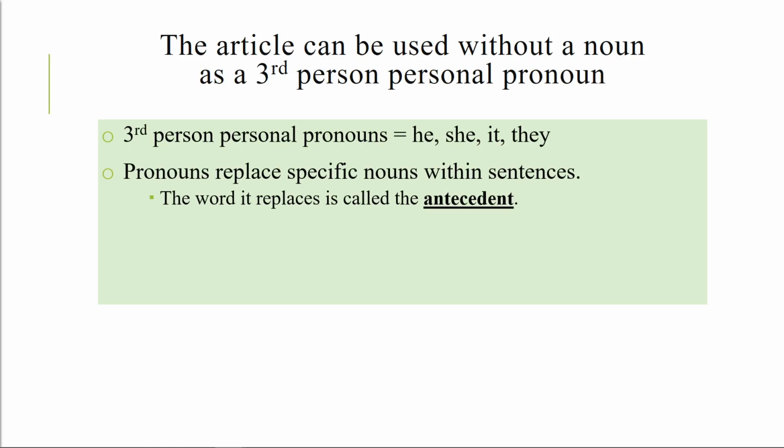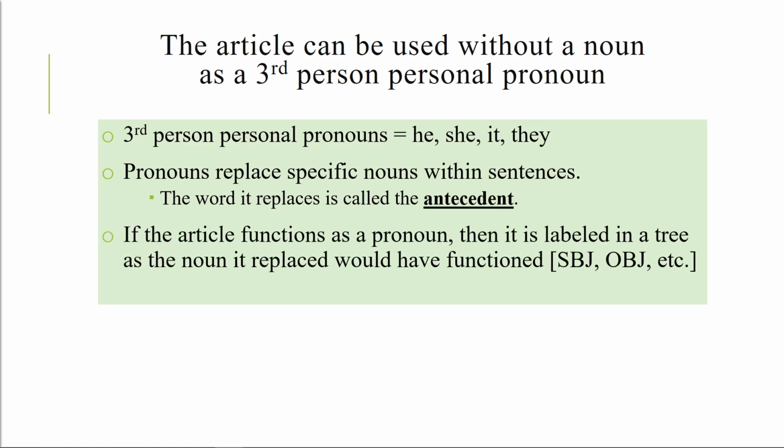So if it does that, then it's replacing some word that has an antecedent. That is, it has a specific noun somewhere in the context that it replaces. It's acting like a pronoun. So pronouns replace nouns. This man, that guy. The article can function as a pronoun, in other words. If it's functioning as a pronoun, when we get to the tree, we'll label it the way the noun would